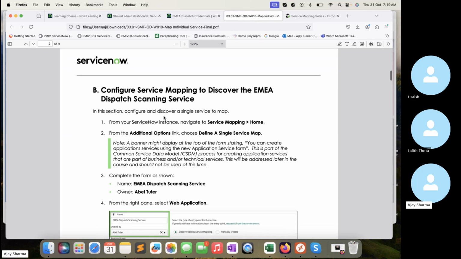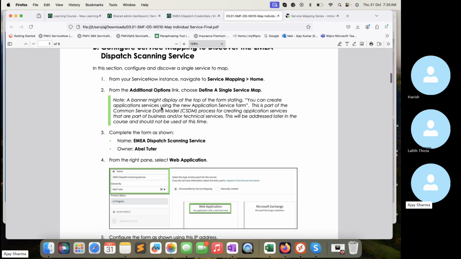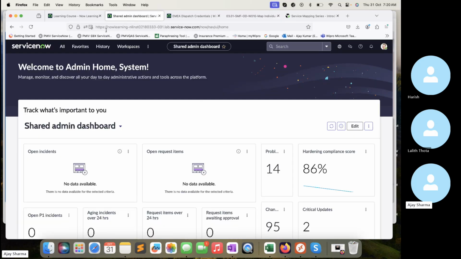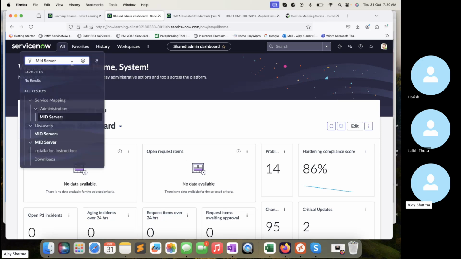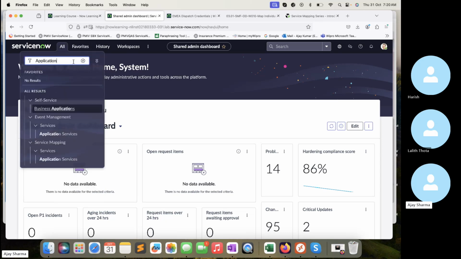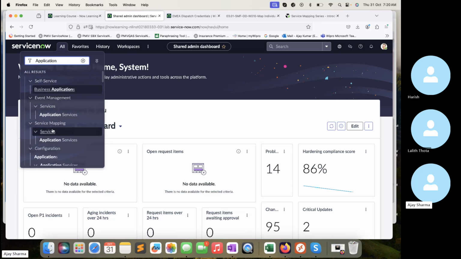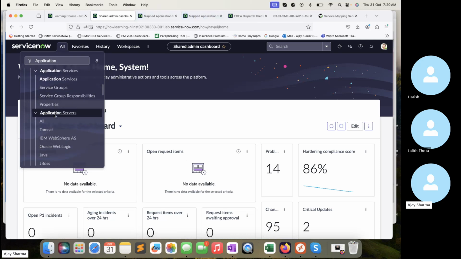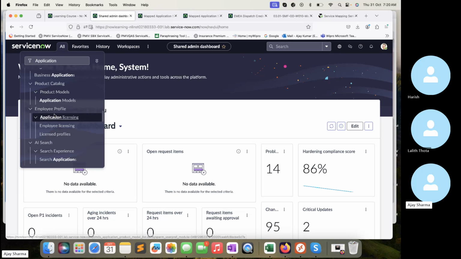To configure the application service, we need to go to service mapping home. From the additional options link, choose single service map. We can do it from there, and there are a couple of other ways as well. For example, if I type application service, under service mapping we have application service, and we can do it from here. Under event management, we have application service, and we can also do it from here. And under CSDM, if I go down,